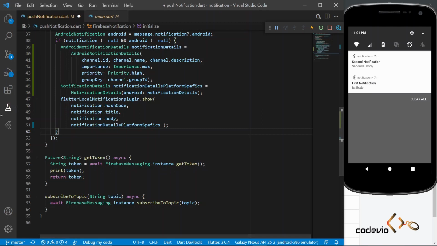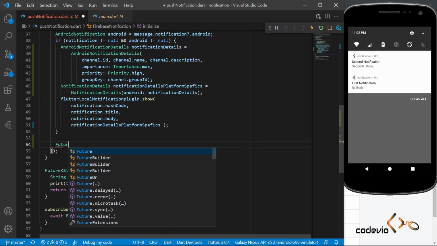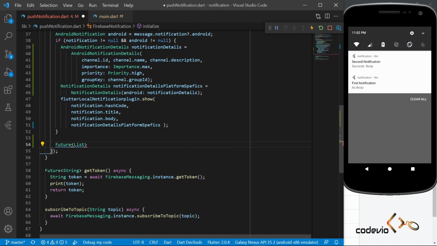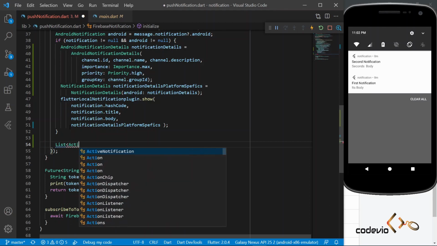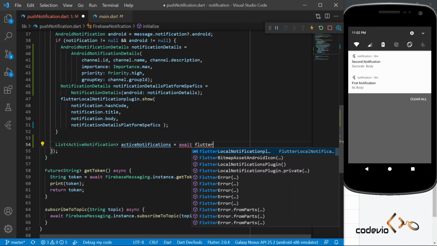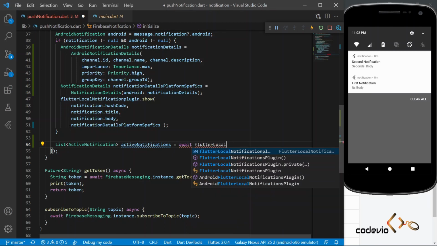After that we must do a future. Now we must check whether any active notification is there in our notification bar. For that we will use a list, with the type active notification, and let's declare it as activeNotifications. This will receive the active notifications which are in our notification bar.